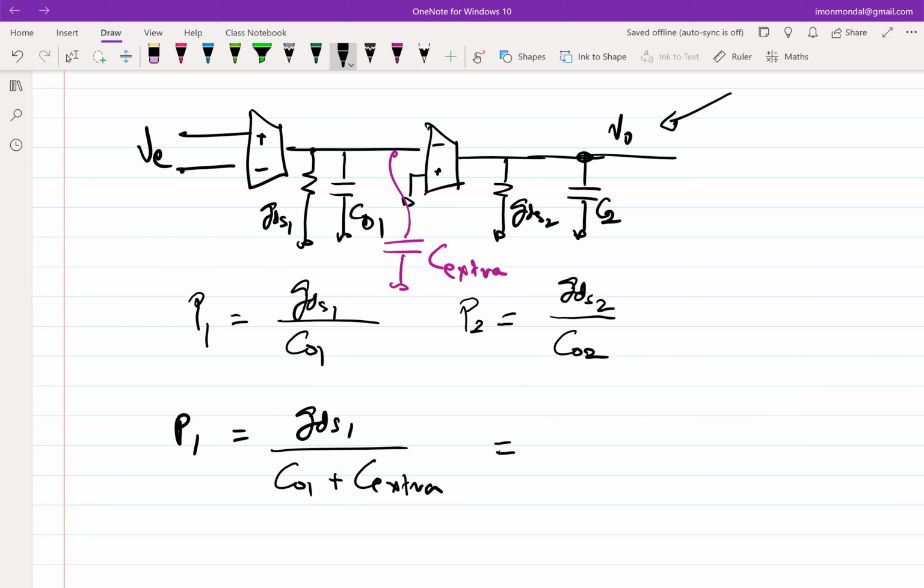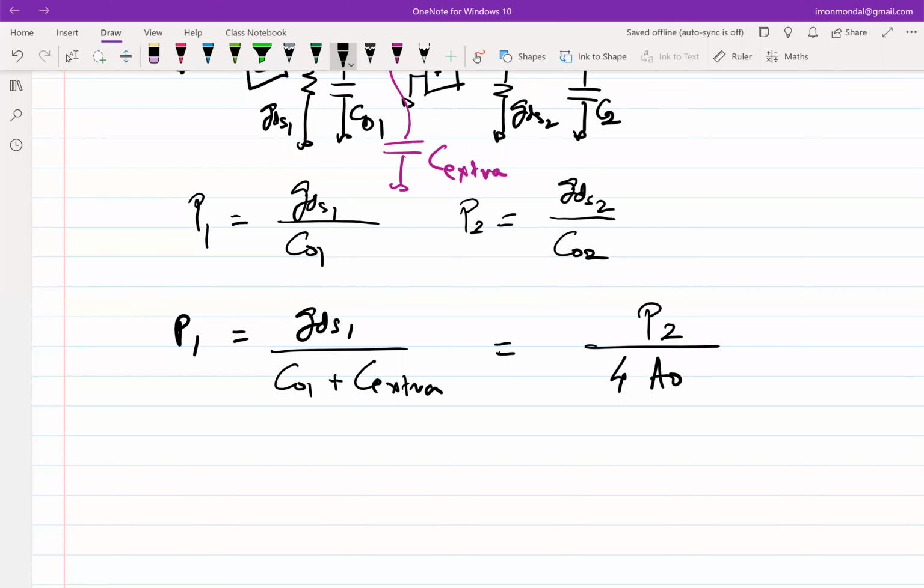This should be equal to P2 by 4 A0. So if we assume that C extra is much greater than C01, because that anyway we have to do, because we are shifting the poles, which effectively means that your C extra will be 4 A0 GDS1 by P.2